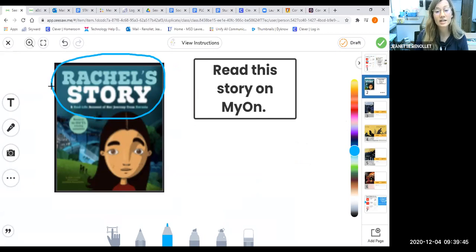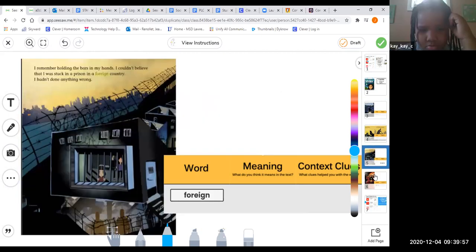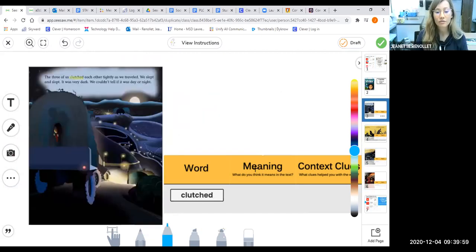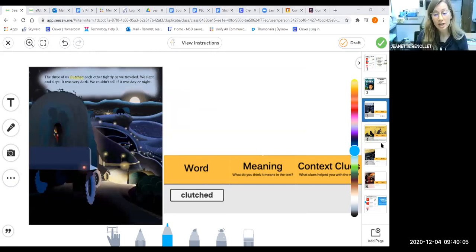When you are done listening and reading Rachel's story, you will practice using context clues on slides 3, 4, 5, and 6. You have 4 slides to complete where you will show me your knowledge of using context clues, just like we have practiced together.